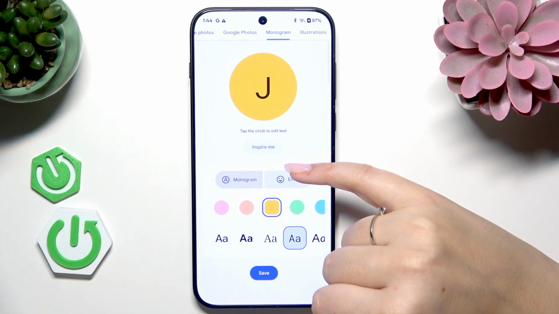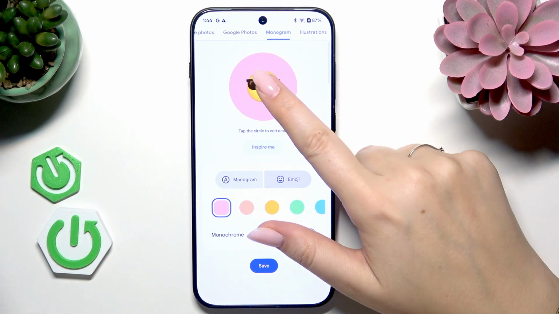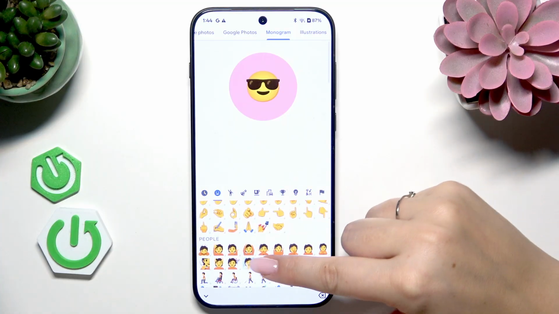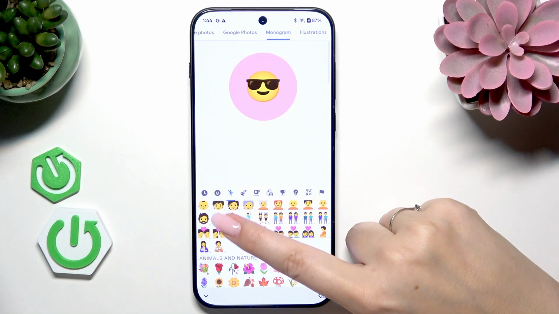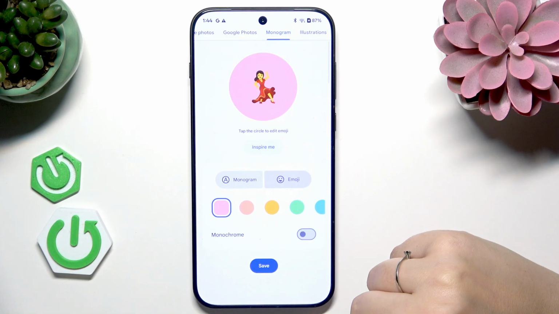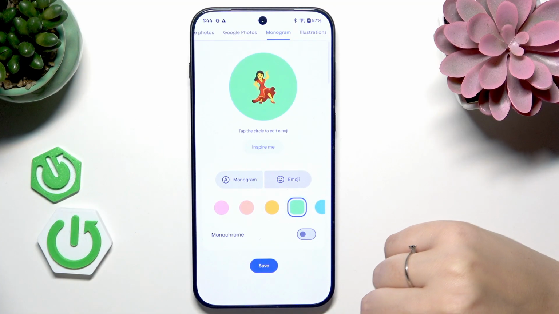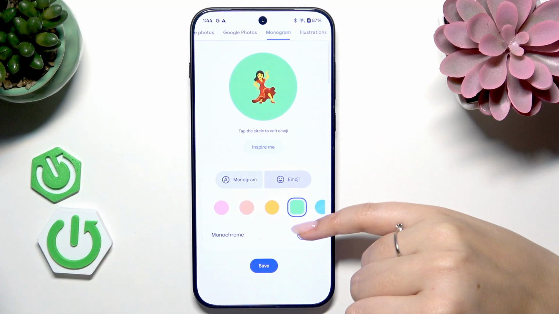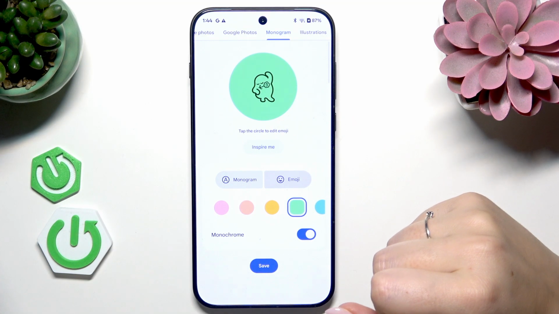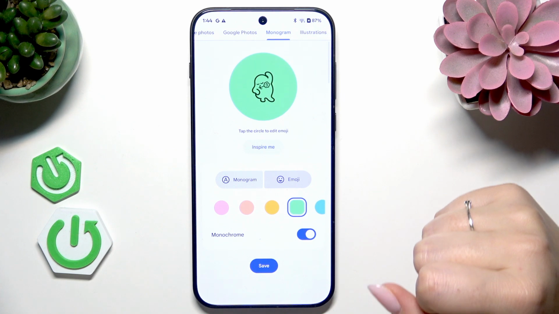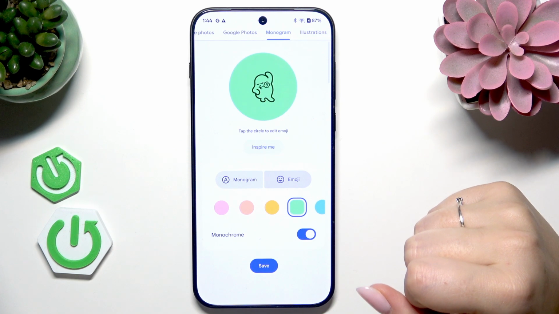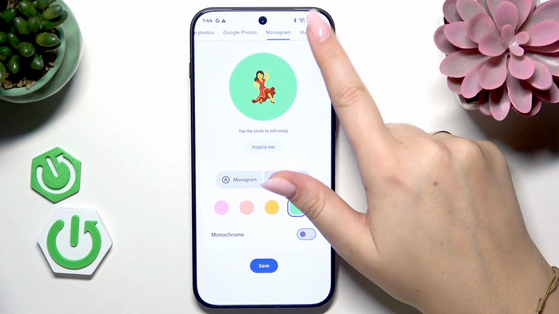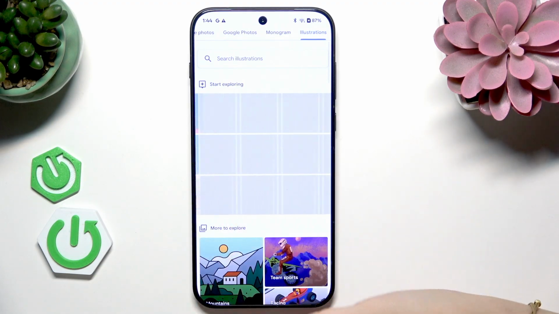Moreover, here we've got this emoji option, so let's tap on it. Now tap on the circle and you can choose from the full list of emojis, so you can find something interesting. You can change the background color also, but you can also set the monochrome option. So now we've got the emoji, and after choosing this option, it is more icon-like, and as you can see, it might differ quite a lot. Alright. So this is how it works,